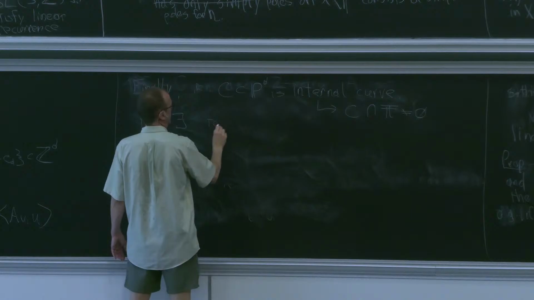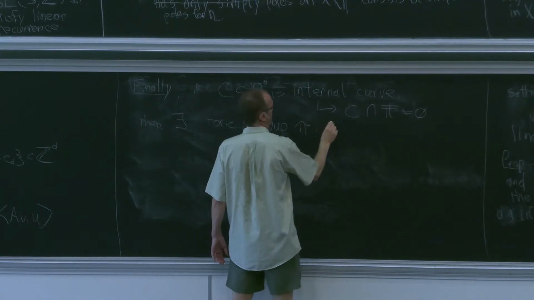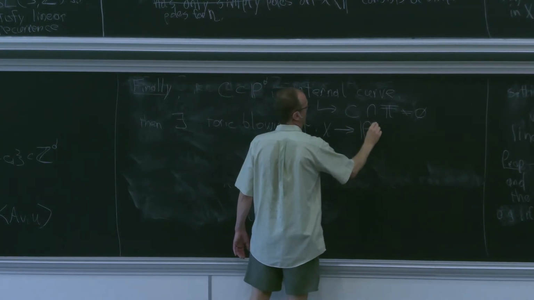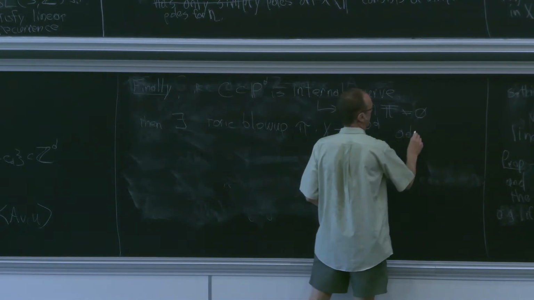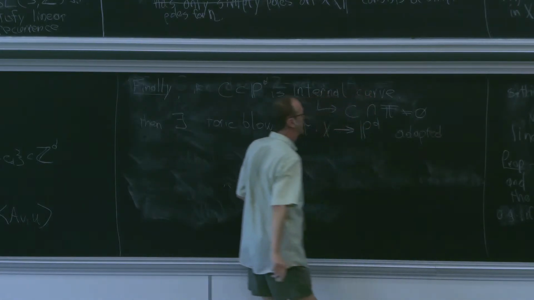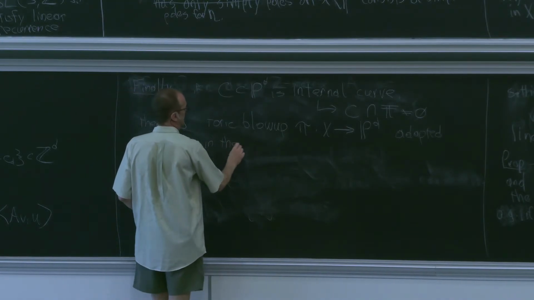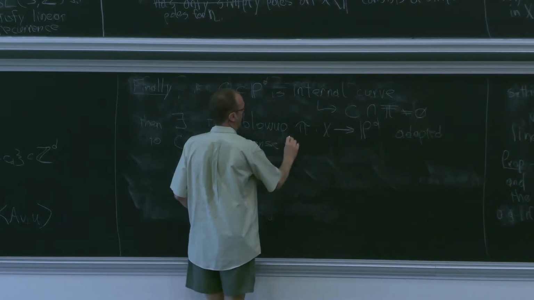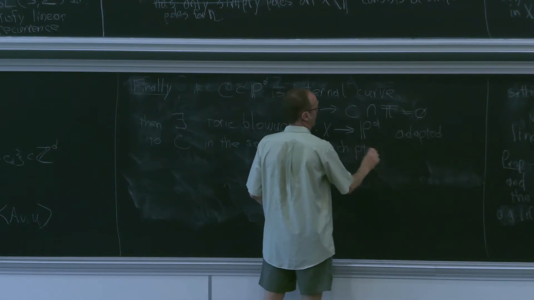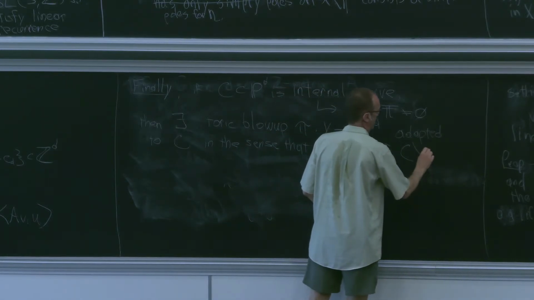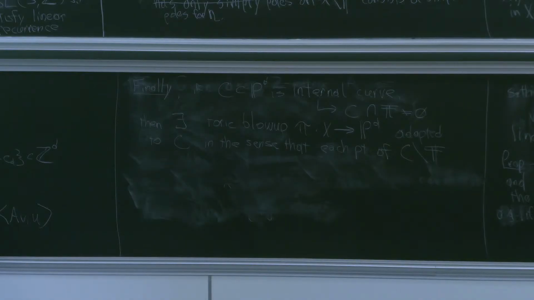Then there exists a toric blowup pi of P^d adapted to C in the sense that each point of C outside the torus, so I'm really talking about the strict transform of C in X,